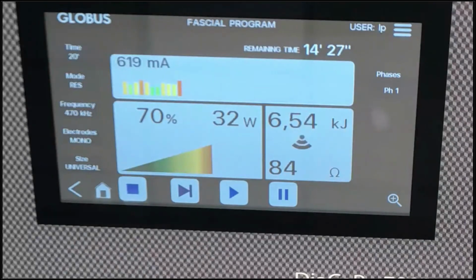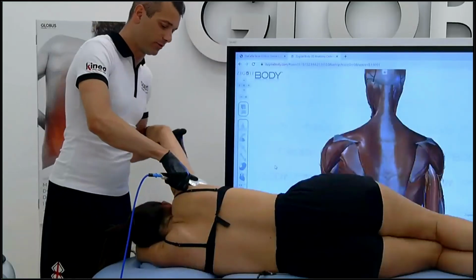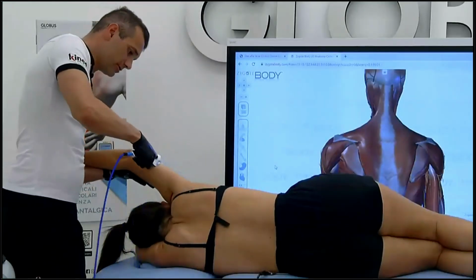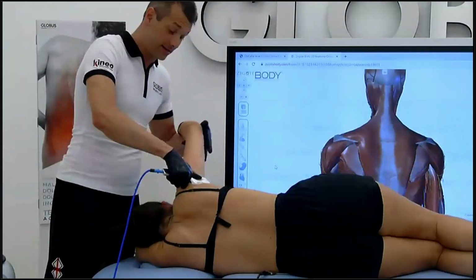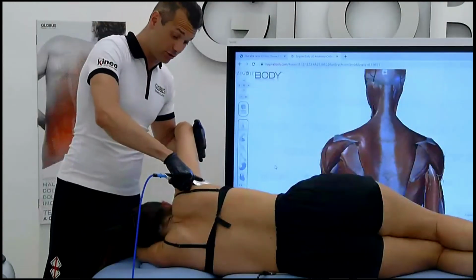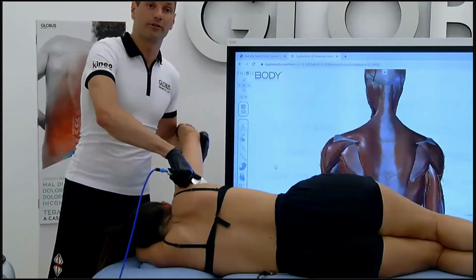Okay, we got the red one. We are starting to increase the histograms, so we are definitely in another, I can say higher, therapeutic window. So always have a look on the screen, ask the patient about the perception of the temperature. You can also touch with your hands. In this case, I'm using some kinesis to recover, for example, the full extension of the shoulder. This could be, for example, a late phase of a capsulitis, a frozen shoulder.